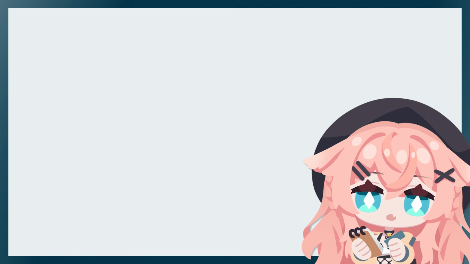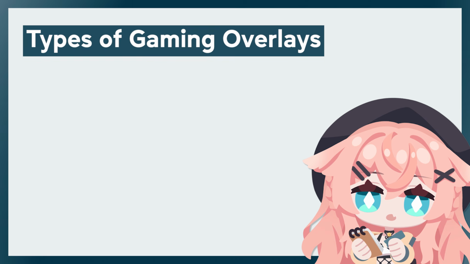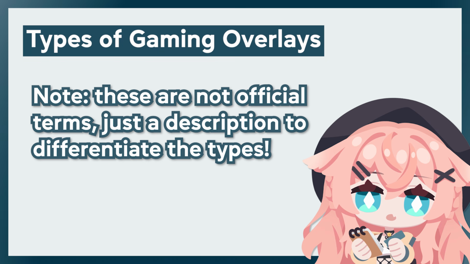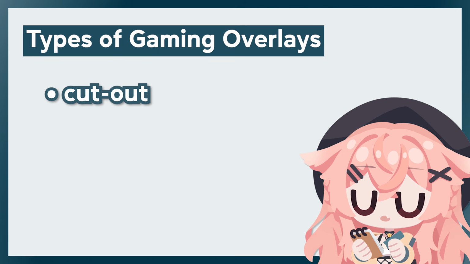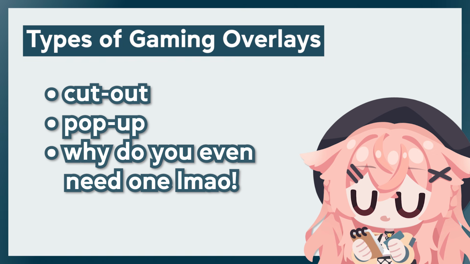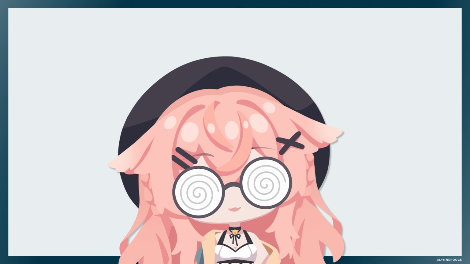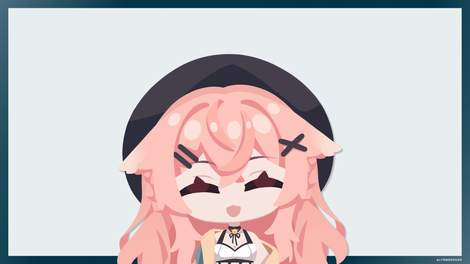There's usually 3 kinds of stream overlay styles for gaming streams, or any stream type that involves showing another scene as the main focus, like reacting to videos, PowerPoint presentations, or browsing the web together with your viewers. The cutout, the pop-up, and absolutely no overlay at all, which is just raw content. And we can technically break down these categories into subcategories as well, as it can provide more details on how you want your overlays to look when working with a designer to make custom ones, or for when you're browsing